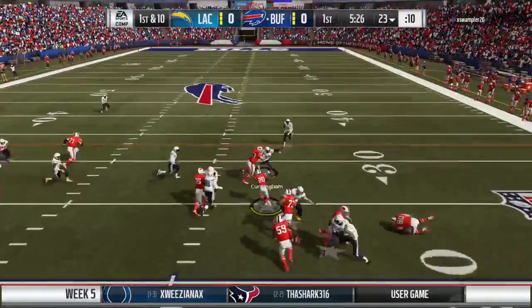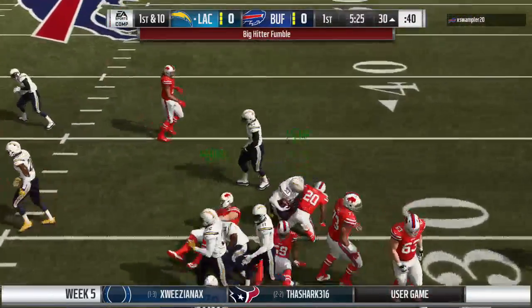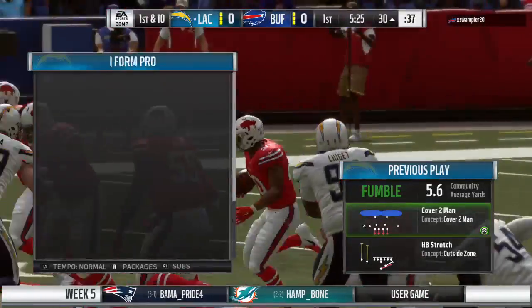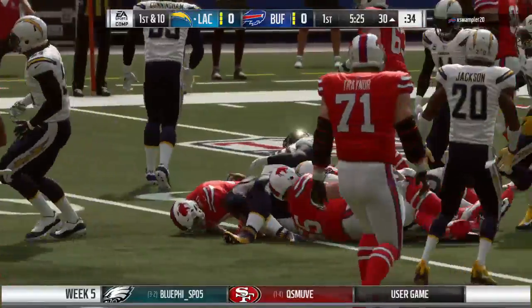Now a handoff, looking right. And right away he lost the football. And his guys will take over at the 30-yard line. Well, he's going to have to shake out the cobwebs first time he touches the football, and he drops it